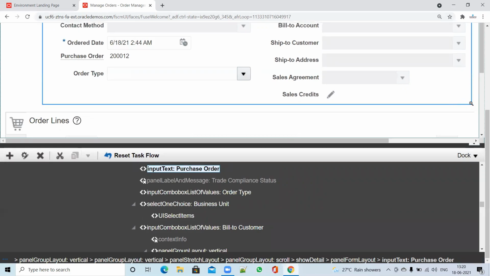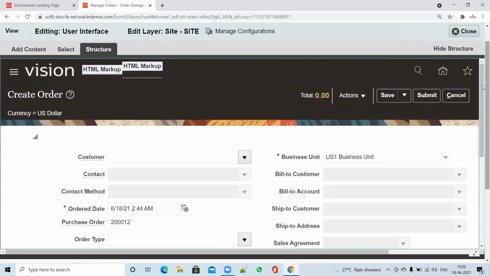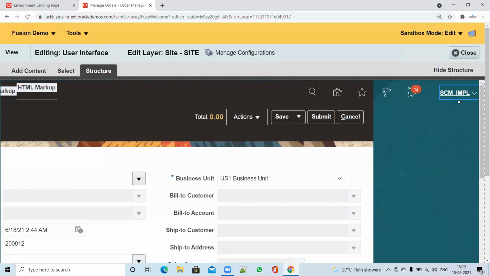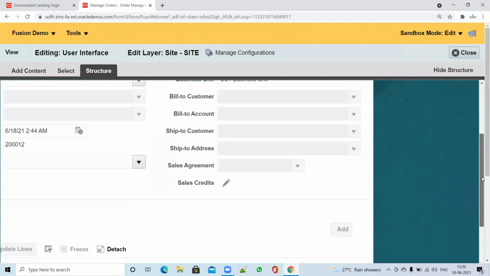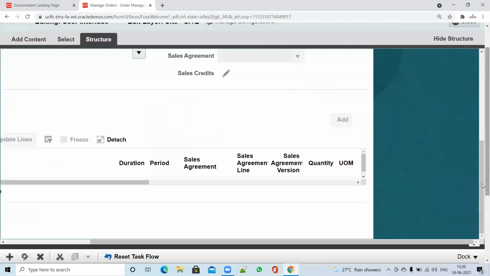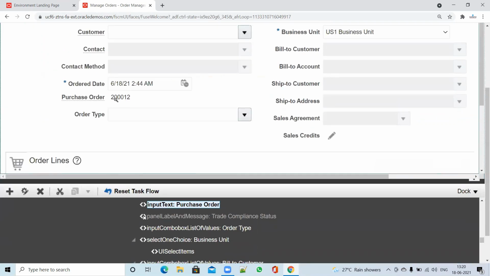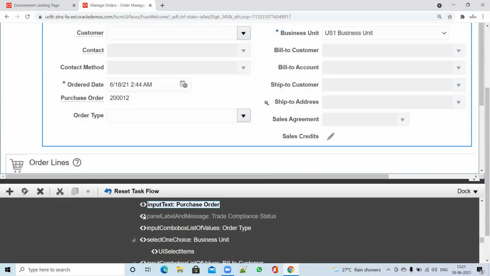You can see that if my user is SCM underscore IMPL, then it is defaulting the purchase order value as 20012. If you log in with another user, it will not default the value. So this is how you can achieve this requirement in Oracle Fusion if you have it in your business.